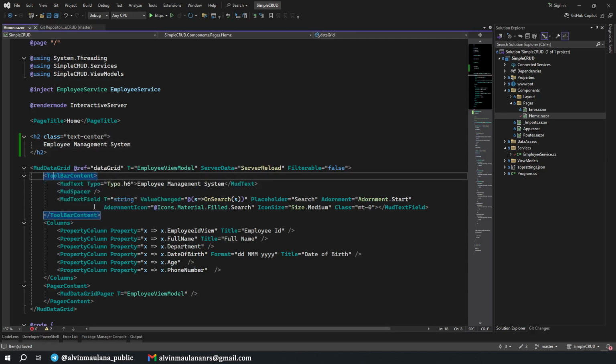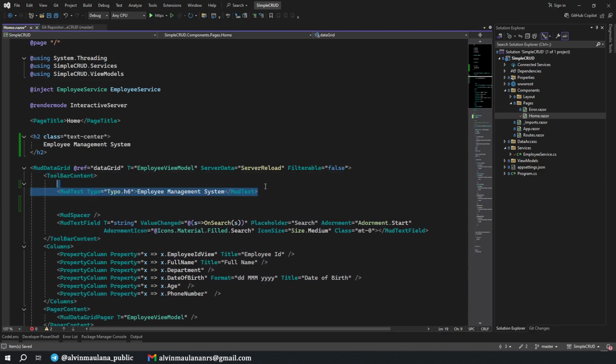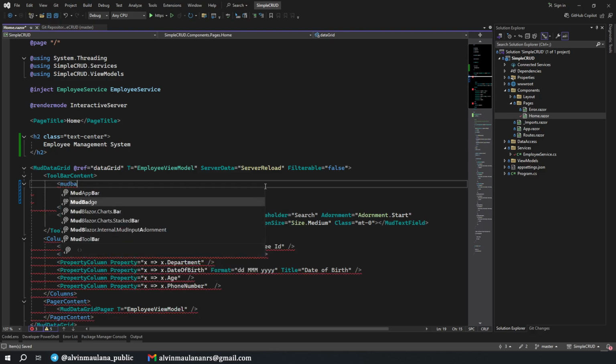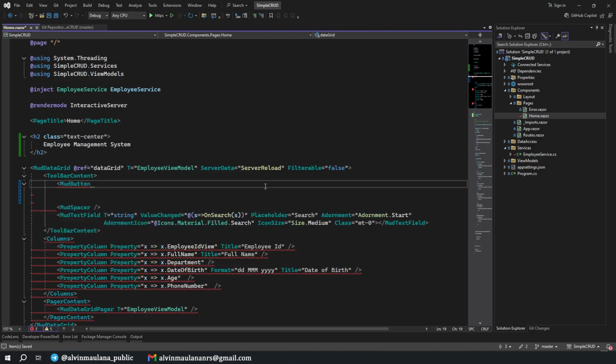And here in the toolbar of the data grid content, we will have a button, MudButton. Okay, there is a class of me-2. Okay, it is margin right actually, but we call it me-2. It is a Bootstrap component, I think.